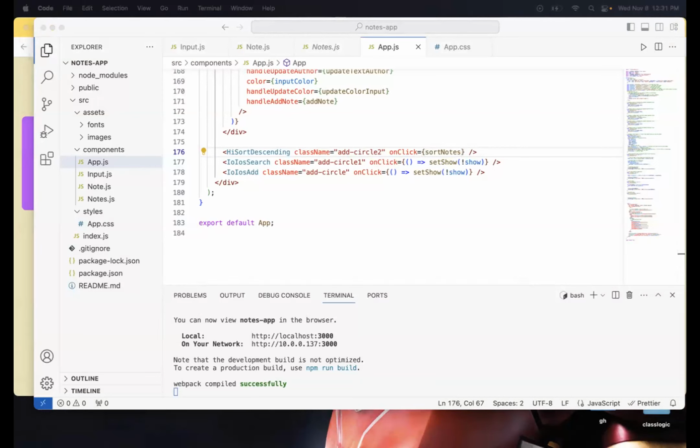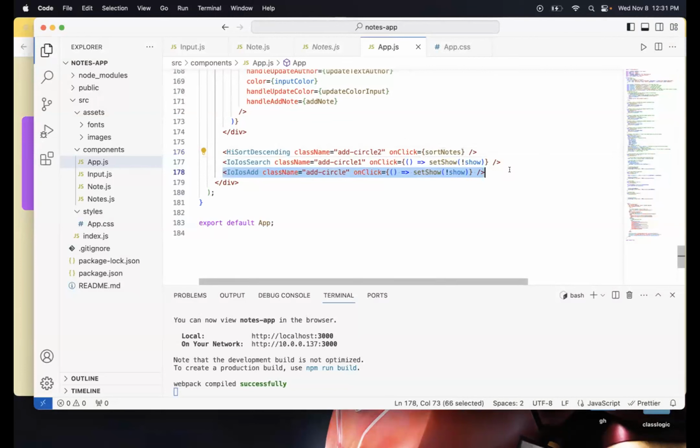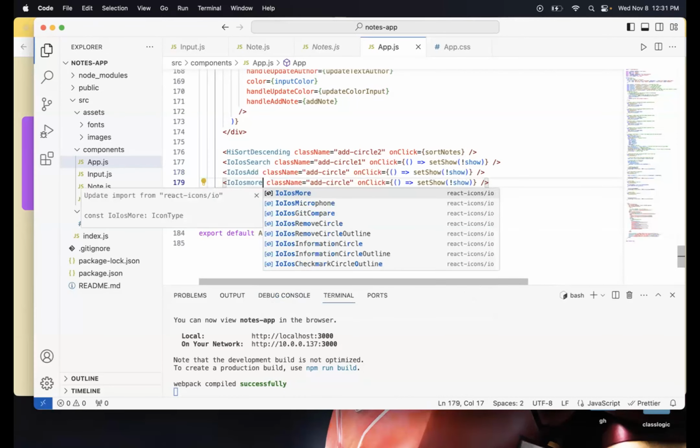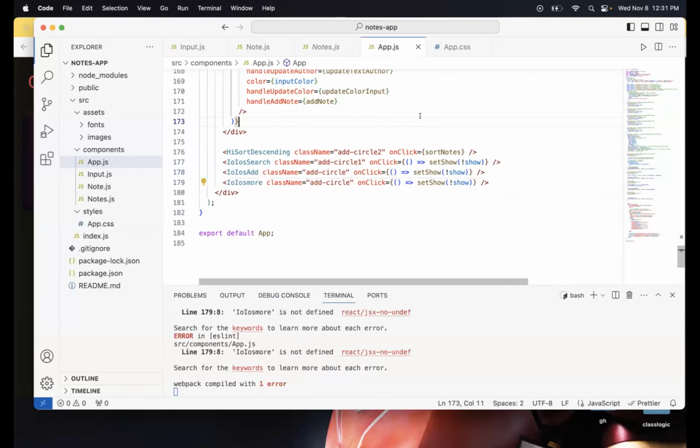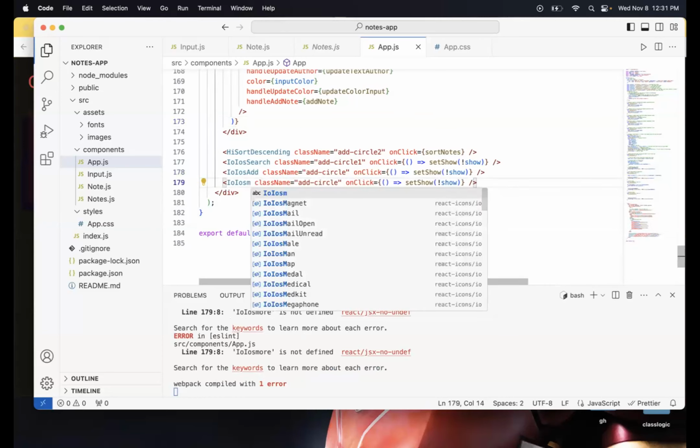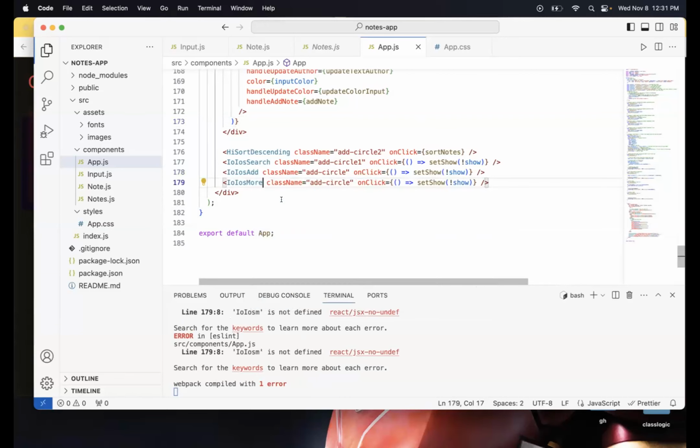So for that, which icon should I use? I think this should have another icon like that. More. Command C. More. No. There you go.